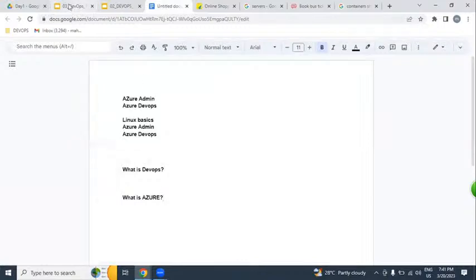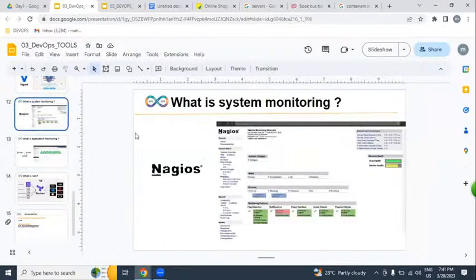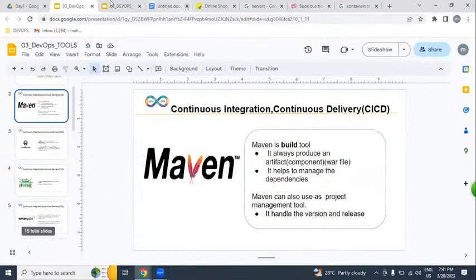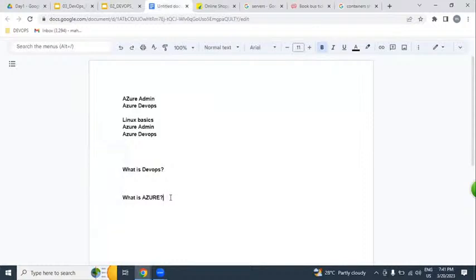I'll repeat one more time. Listen very carefully. With the help of all these tools, we are going to be implementing the DevOps process. While implementing it, we require an infrastructure. That infrastructure we are going to be getting from Azure. What is Azure? What exactly is Azure? We're going to understand it in tomorrow's session, not today.